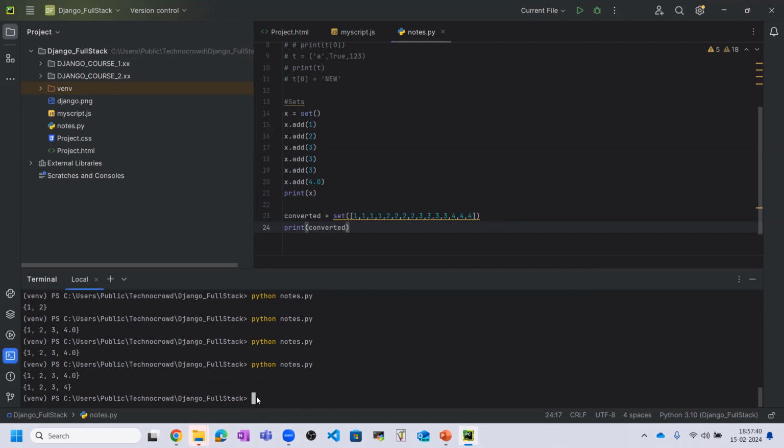This way also you can relate. So here 1, 2, 3, 4, 1 only takes one time, 2 only takes one time, and 3 also one time, and 4 also one time. So this way you can do the set operation. So this is all about sets. Okay,